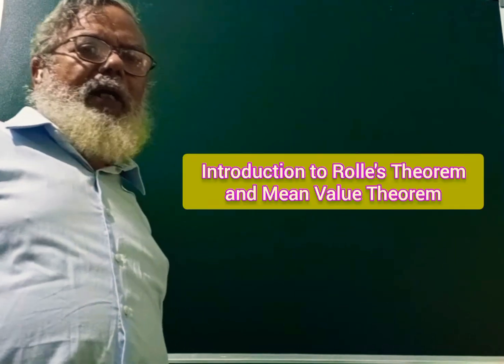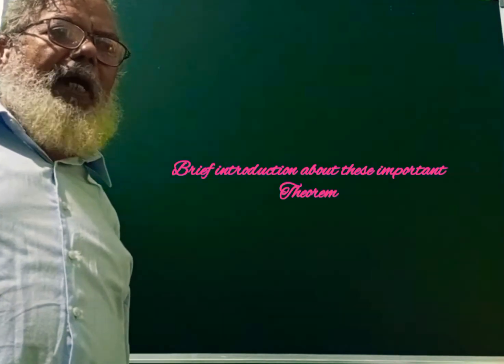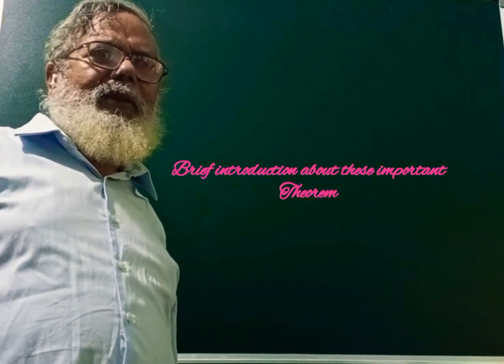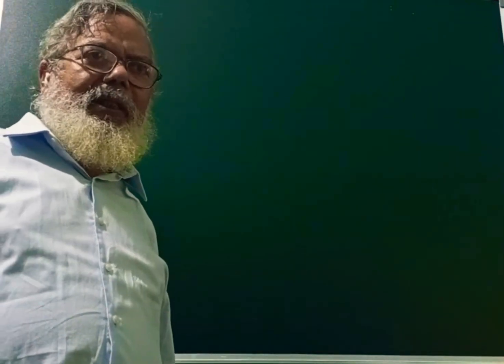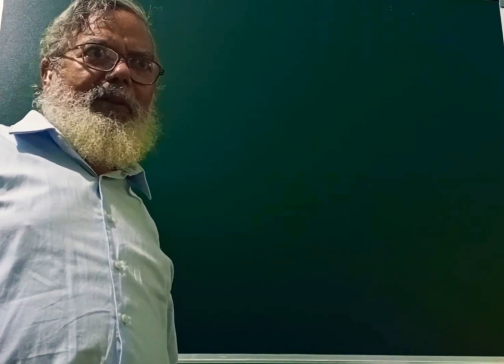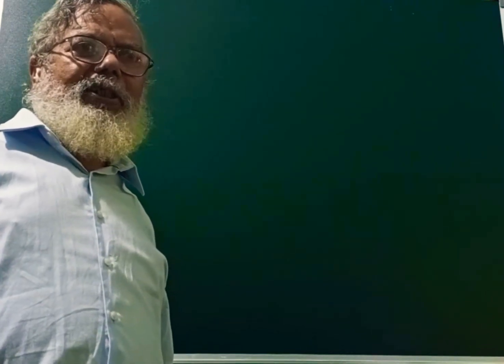At the end of the methods of differentiation, we have two important theorems. One is Rolle's theorem and another is the mean value theorem. What are these theorems? As we know in the English language, first we study the language and then we study their properties, like noun, pronoun, verb. So here also we have studied the method of differentiation and now we are studying their properties. The first property is due to Rolle's theorem.